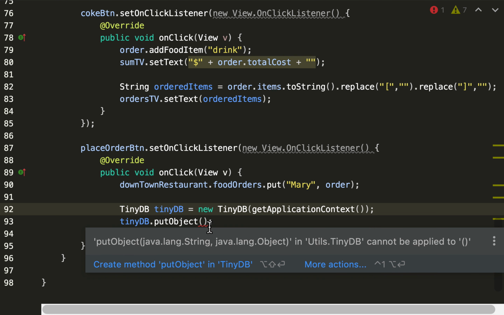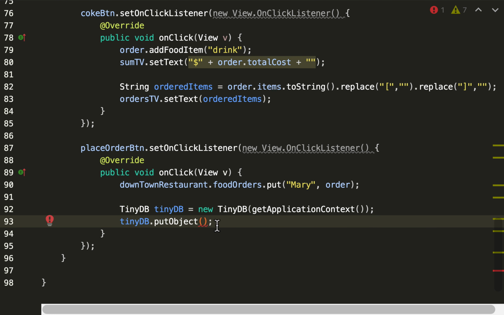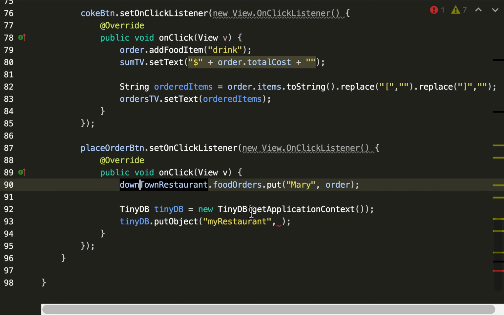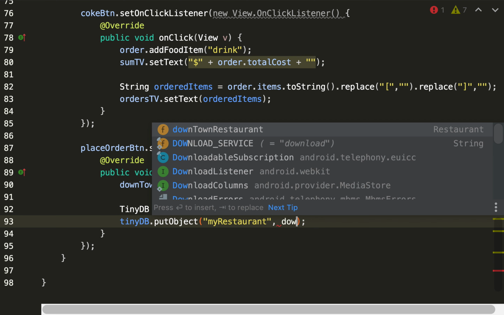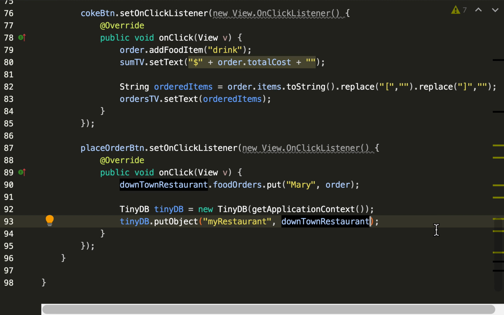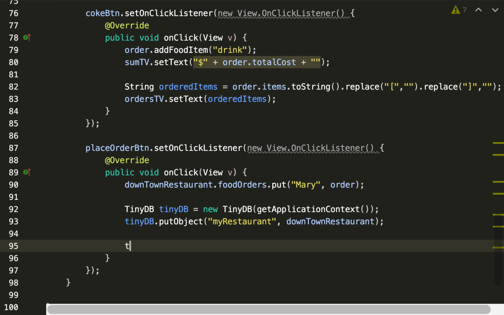So we'll say tinyDB.putObject, and then we'll say the key. Let's give it a key of my restaurant, and then a value of the restaurant, which is our downtown restaurant. So downtownRestaurant. Okay, and when this is done, it's proper to toast to the user